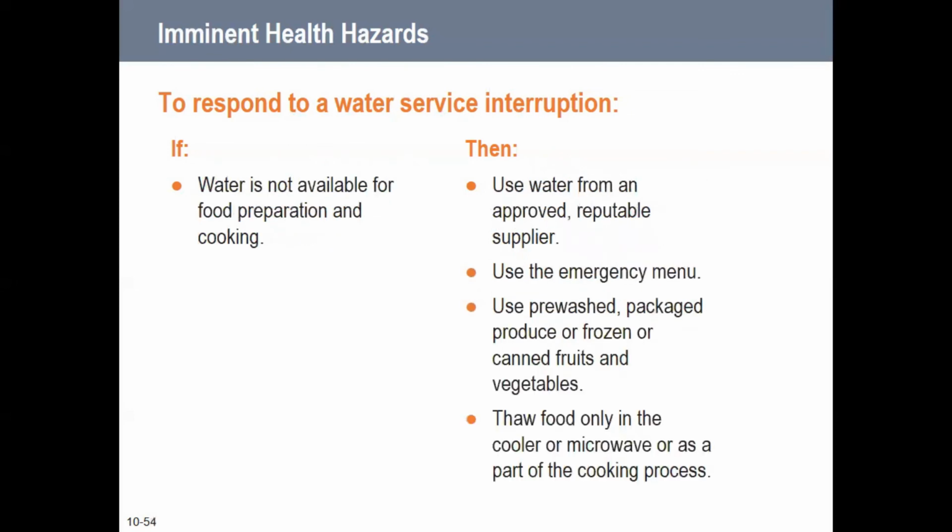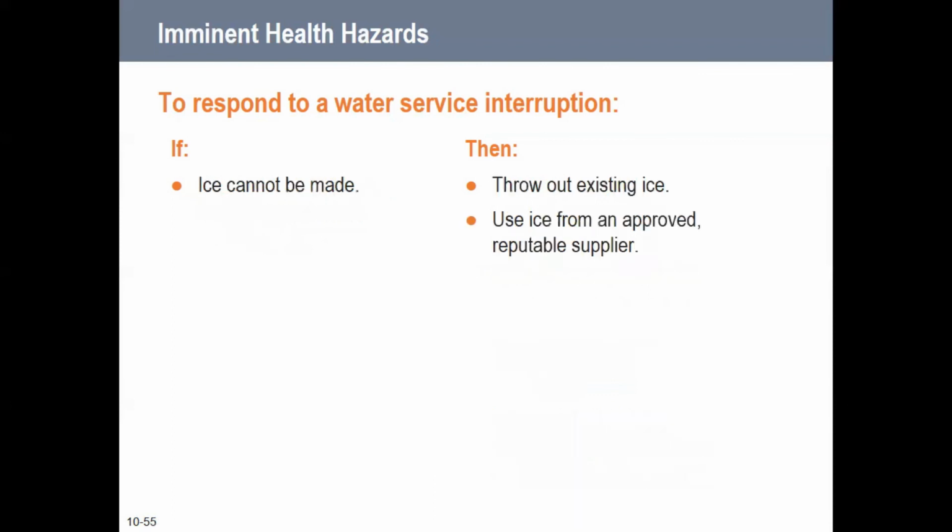If water is not available, find another approved reputable supplier. Use an emergency menu where you're not having to use necessarily a lot of water: pre-washed, pre-packaged produce, frozen or canned fruits and vegetables, and then thaw foods only in a cooler or microwave or as part of the cooking process. Again, these are things that could happen, but maybe not, but we want to make sure that we are being prepared for it. If ice can't be made, get rid of the existing ice and use ice from an